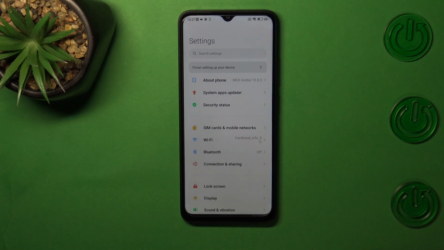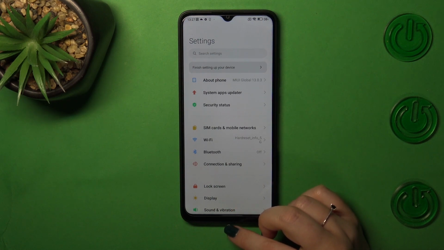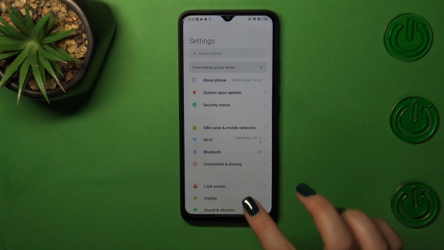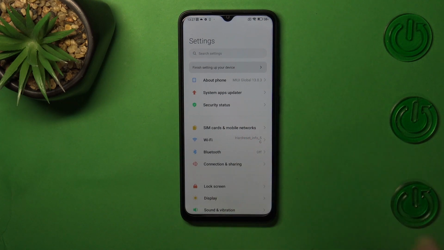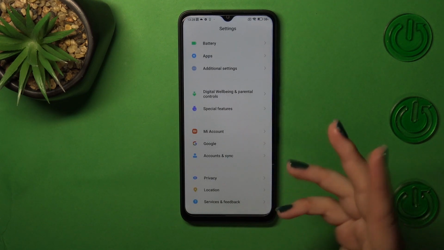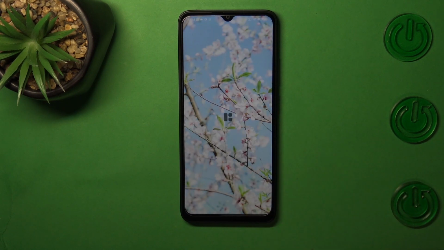If you want to go back directly to the home page, then all you have to do is to simply swipe your finger from the bottom to the center of your device and do it kind of fast, and it should be a short movement, just like you're swiping something away. And as you can see here we've got the home page, and in order to open the recent, so